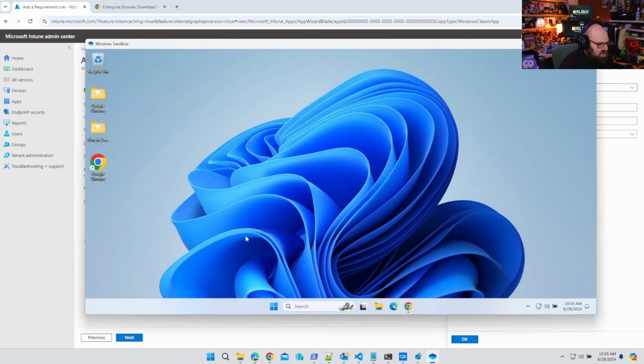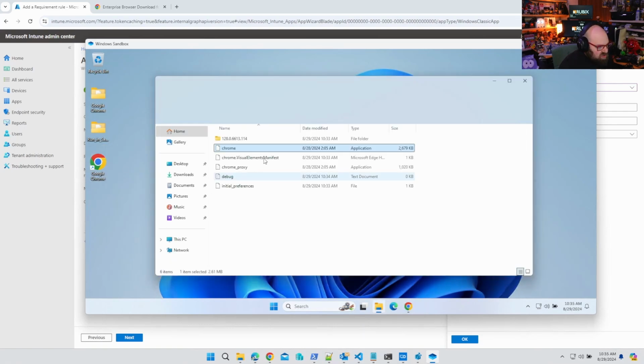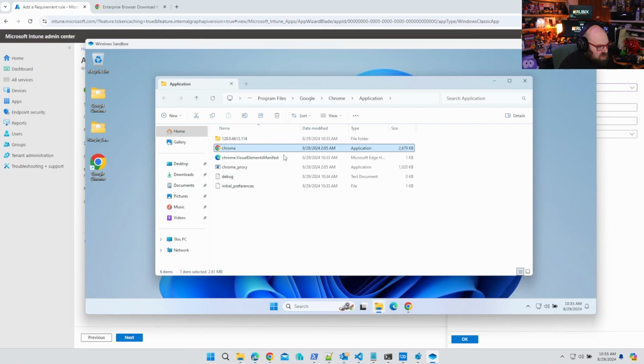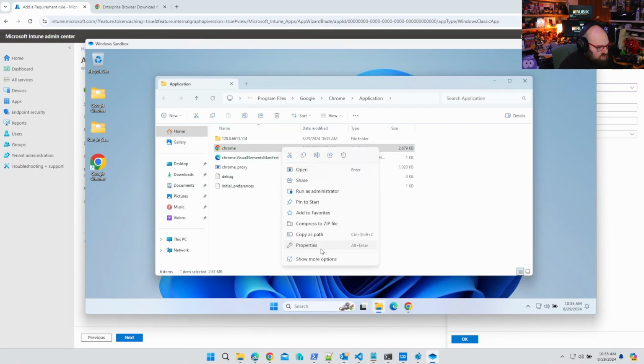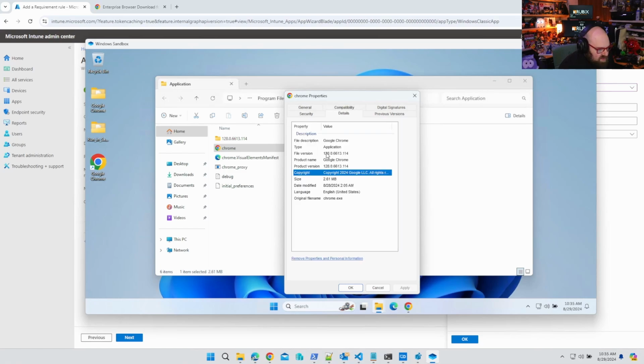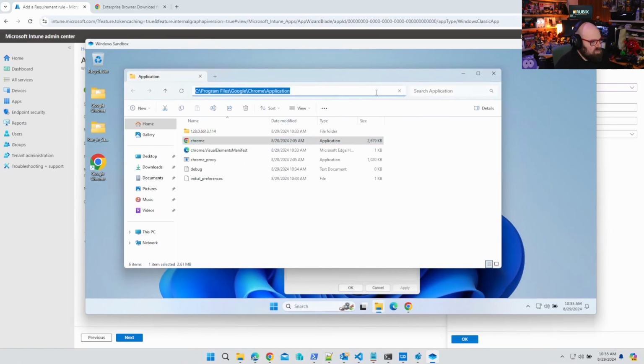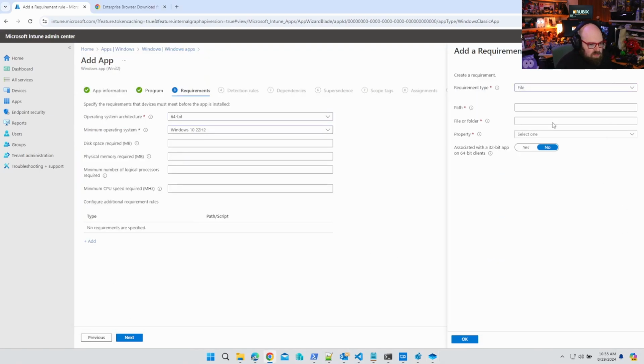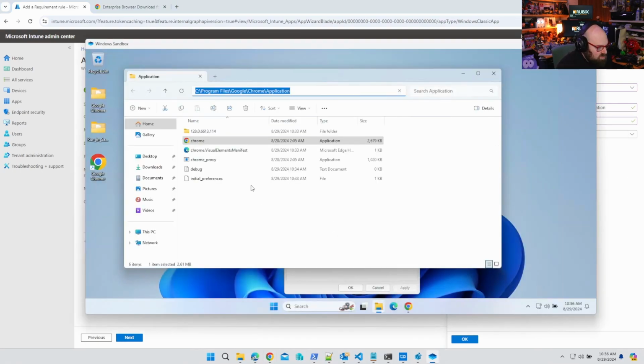So if I open the sandbox, and I'm going to kind of trace my steps here, we're going to look at open file location. All right, so Chrome, application. If we go to properties, and we go to details, we can see the file version. So if we wanted to, we can just use this path, and come in here and say the path is there. The file or folder is Chrome exe, and the version